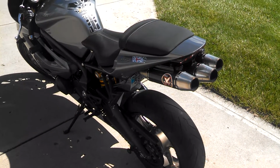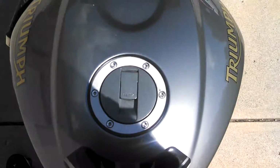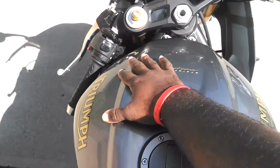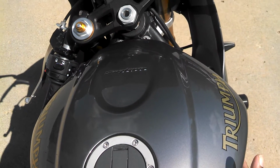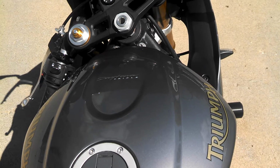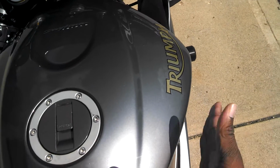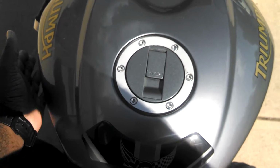I like it. I guess I can show you some of the features to it. As you get on the bike, it's kind of narrow. As you can see right here, the tank, and then it comes back to about right here. To me, it's narrower than my friend's Yamaha R6, which is kind of wide around this area. With this one, it's narrow, so especially for newer riders, I can sit up here where you're supposed to, but get your knees closer to better balance